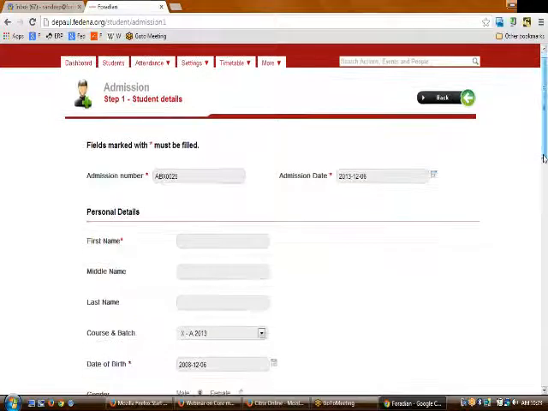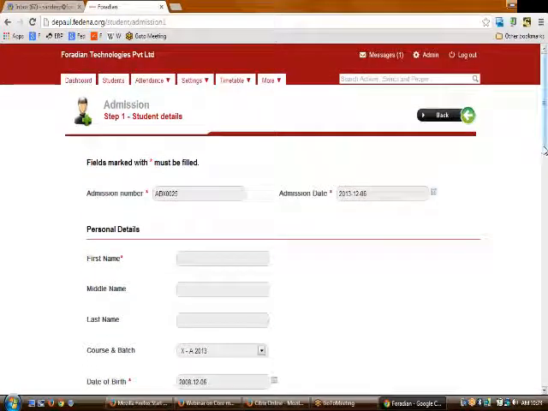So whenever you want to admit a student into your application, you need to go to the dashboard and then click the admission link up there, and then a form comes up, and a series of forms are to be entered for a student to get admitted into your institution. So the first form, step 1, asks for the student details, and then you need to enter some names like